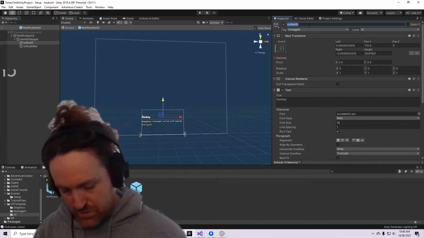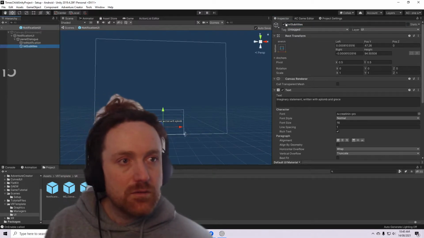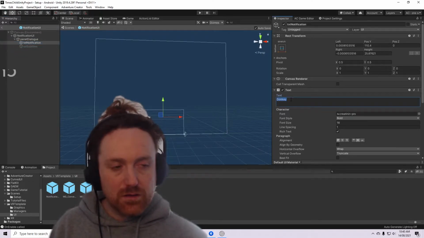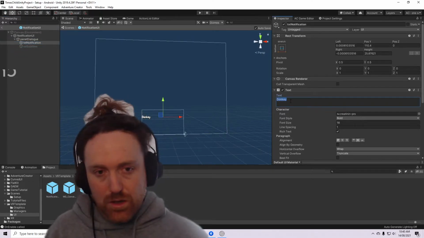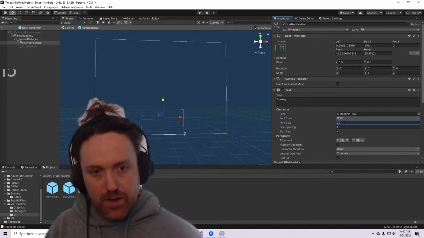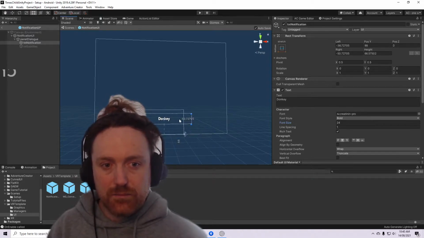So at the moment I've got a panel. I know that it appears, so I'm just going to say text notification, subtitles. So yeah, here we go. Text notification. Let's make an example notification. And let's make it centered. Let's make it big. And I basically just want to be able to distinguish between dialogue, which has its own style and vibe, and